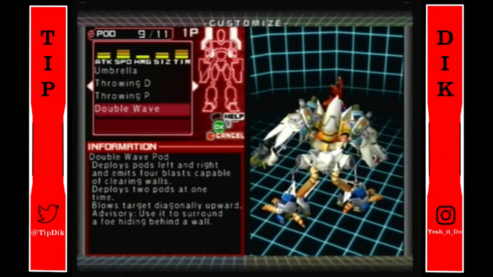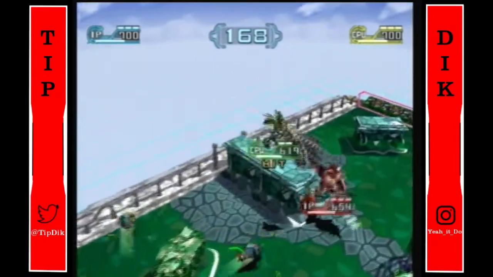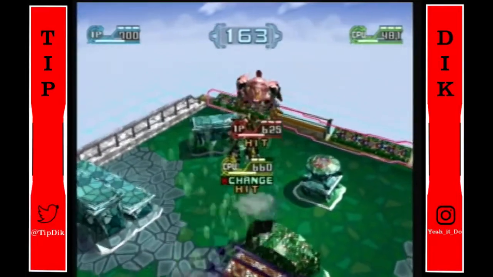It's kind of similar. It throws down only 2 pods, not 3, and they blow up really fast, and that'll give you more APM. You use double wave. But the